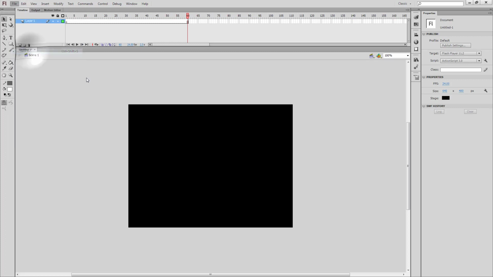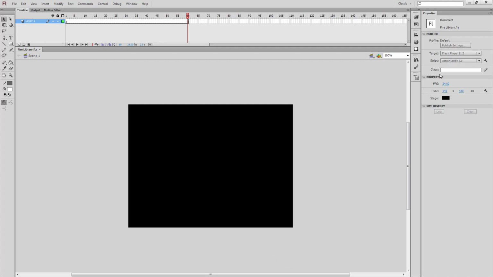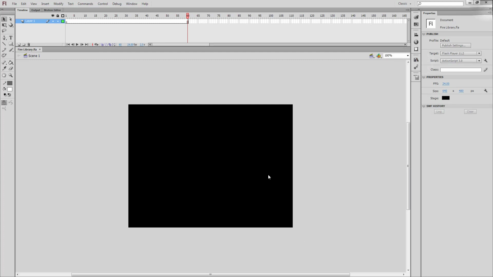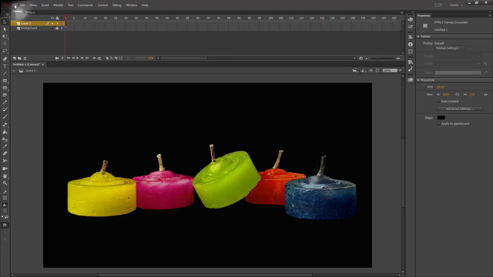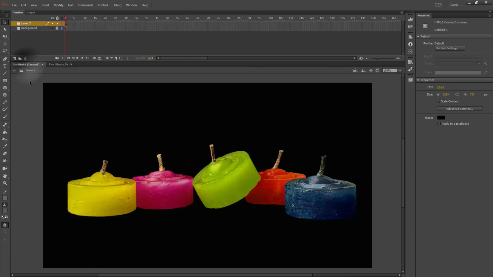Then I'm going to save this file. I'm going to make this my fire library, and then I'm going to save it. Once I have those two symbols in my library, I can close Flash. Now in Animate, I'm going to want to open up my fire library and then switch back to the animation